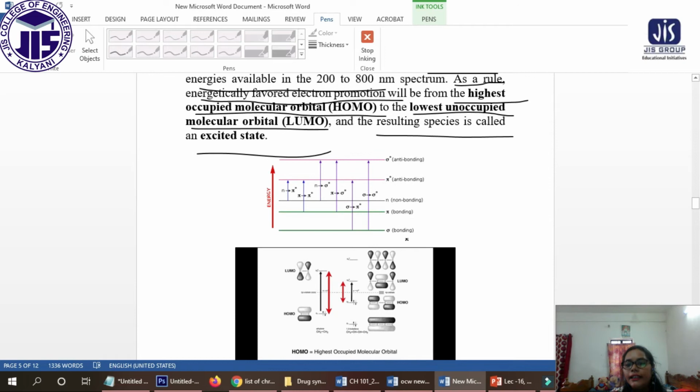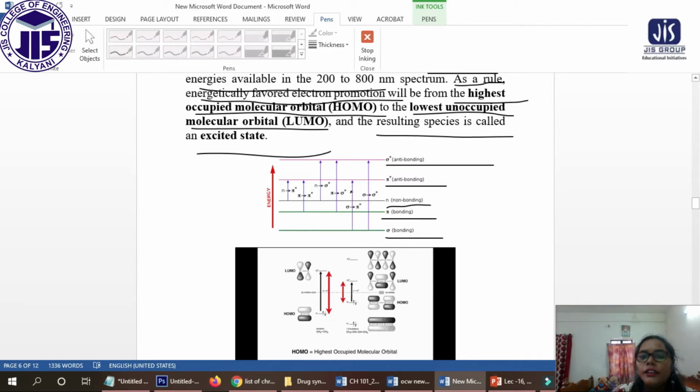So you can see here that is sigma bonding. Now we have the pi bonding. This is the energy levels. Okay, so sigma bonding, pi bonding, then the non-bonding zone. This is called non-bonding zone. Then the anti-bonding, pi antibonding, and the highest energy will be the sigma antibonding. Okay, so these are the energy levels of the orbitals we have.